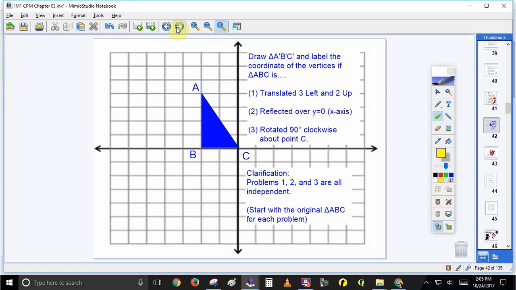The first one is a translation. I want it translated 3 left, 2 up. Second one, reflect it over the x-axis, or y equals 0. Third one, rotate it 90 degrees about point C. So now your paper should have 4 triangles on it, the original triangle ABC, and then 3 A prime, B prime, C primes that are all transformations of that original triangle. Okay guys, pause the video, do your